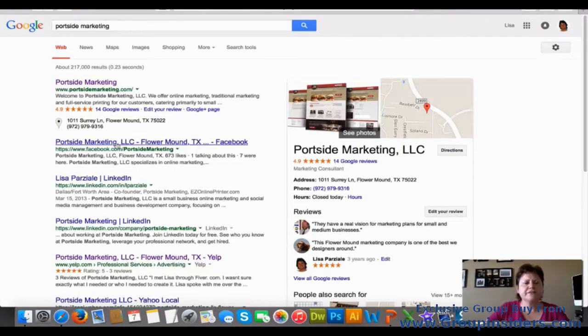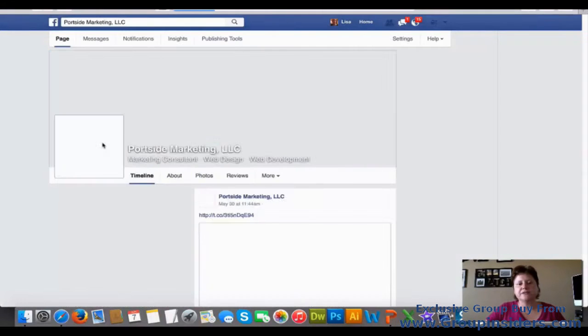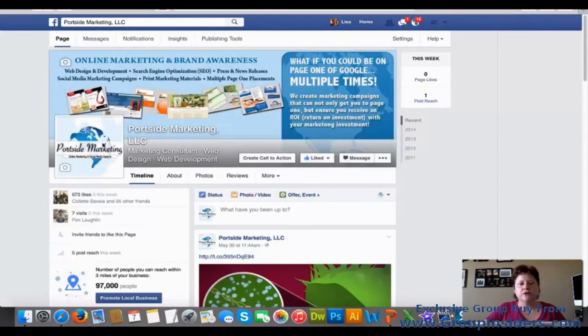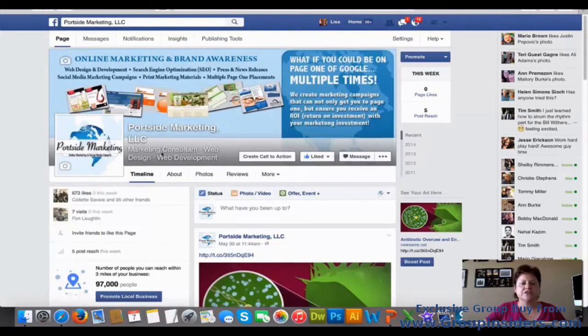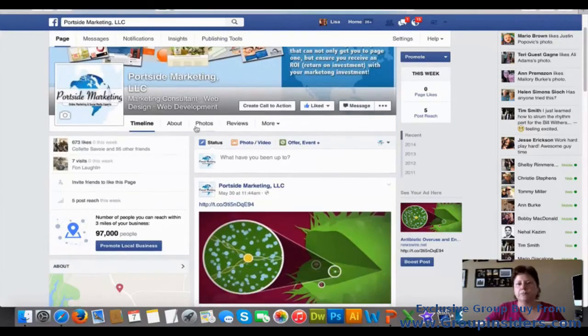If I look at Facebook, notice Facebook's here. That means I'm going to want to go check out what that Facebook profile is. Now, when I go to Facebook, the nice thing about Facebook is Facebook also has a star system. And in this case, you know, it's not showing up, but it does show up. I'm logged in as me, and that's why it doesn't show up. But typically, you have a rating system.